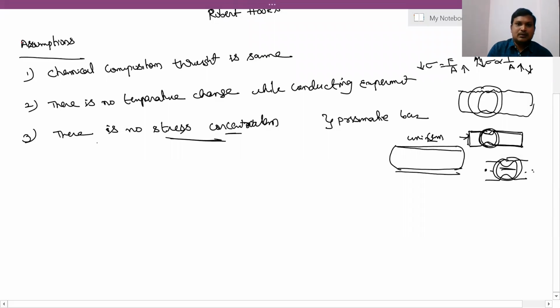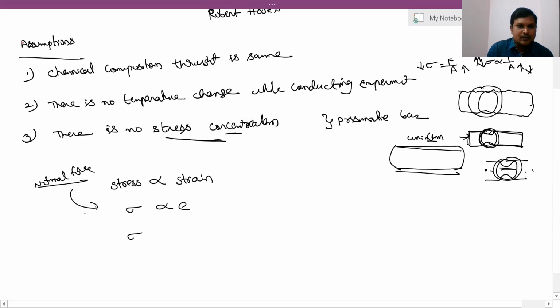So what Robert Hooke said, based on his experiment, is that the stress is directly proportional to the strain. So stress, sigma, is directly proportional to the strain. For removing the proportionality, we should use some constant. For example, if you are using a normal load, this is a normal force. If you are using a tangential force,